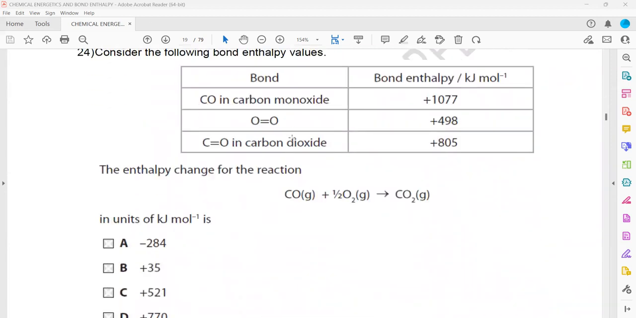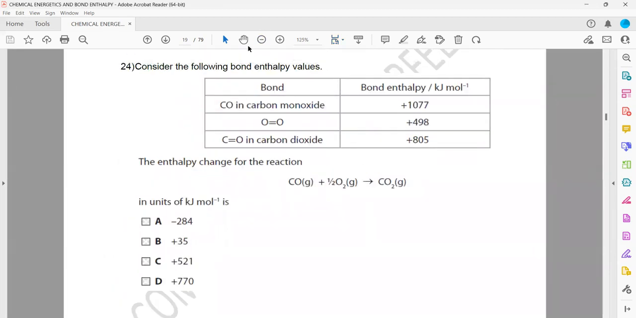Considering the following bond enthalpies, we need the enthalpy change of this reaction. So the carbon monoxide bond energy is 1077. Oxygen, look, one mole of oxygen is 498. So this is 498 for 1 mole. But there is a half mole, so it will be divided by 2. That is the bond breaking